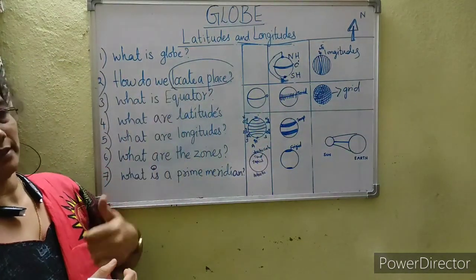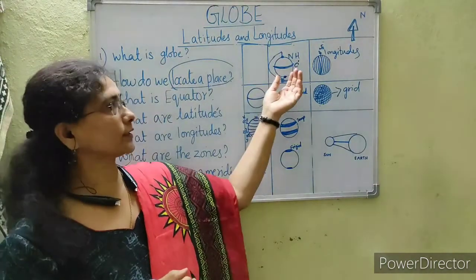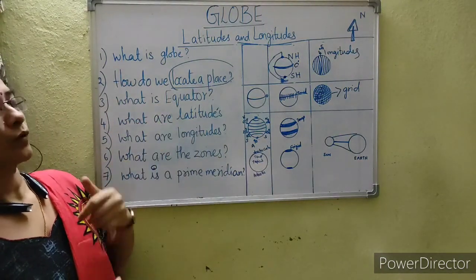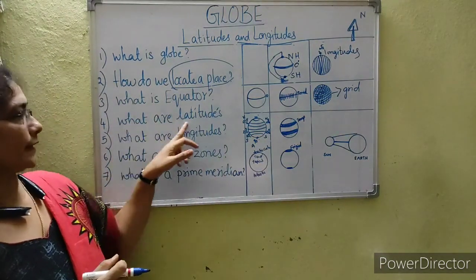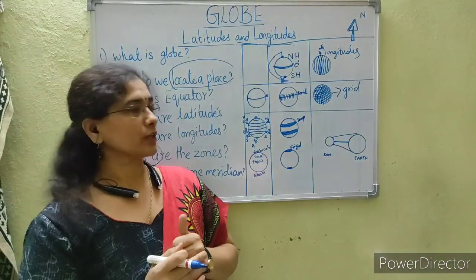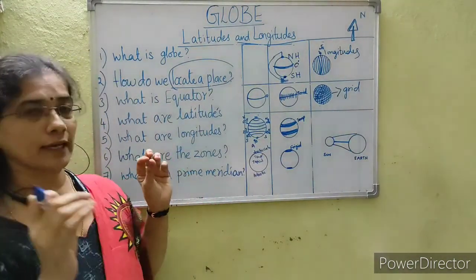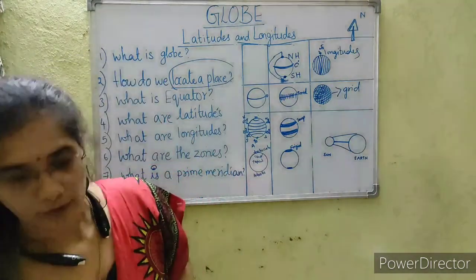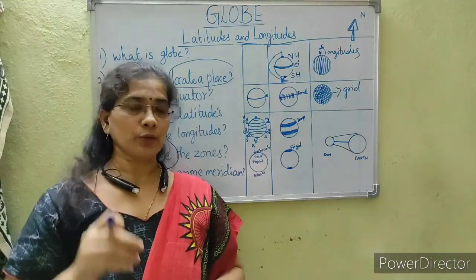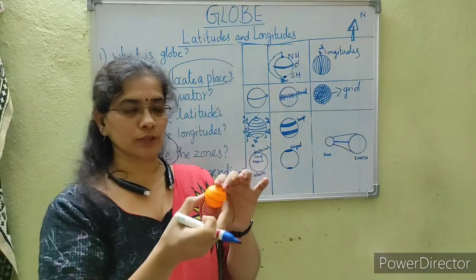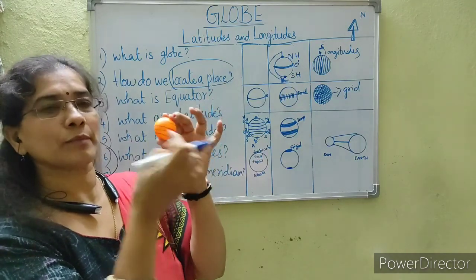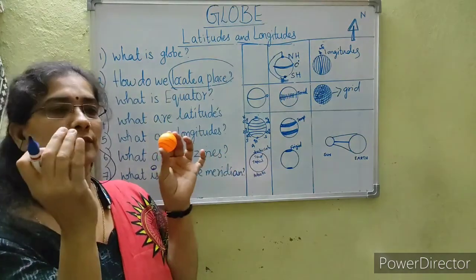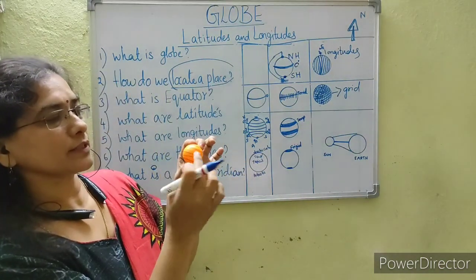Let us see how we locate a place. To locate a place, we need to study about the earth and what the important things are. First of all, let us study what a latitude is. What are latitudes? So you all know there is an imaginary line drawn along the earth. You can't go and sit on the earth in the universe, isn't it? So let us see using this ball. We are drawing an imaginary line. Imaginary line means it is not drawn here. It is just that we are imagining. So there is an imaginary line like this.